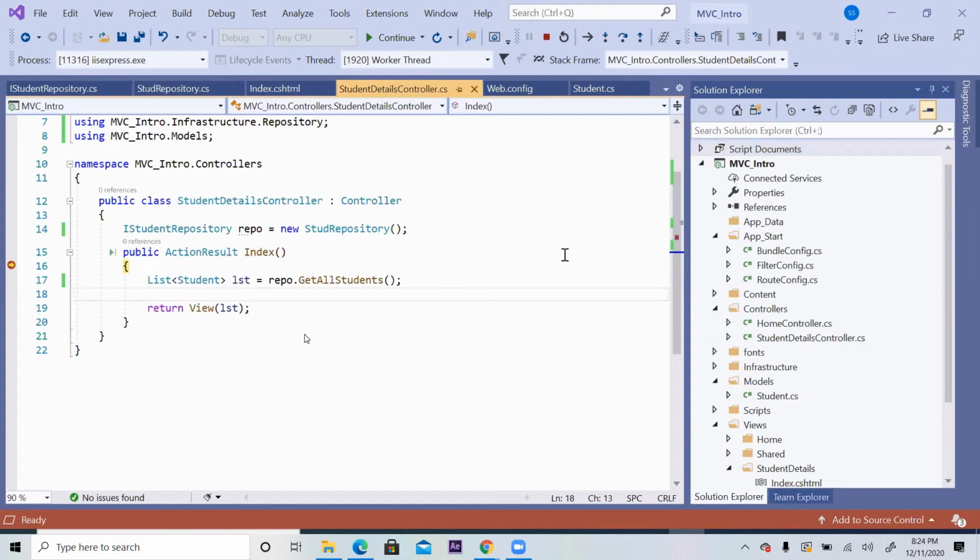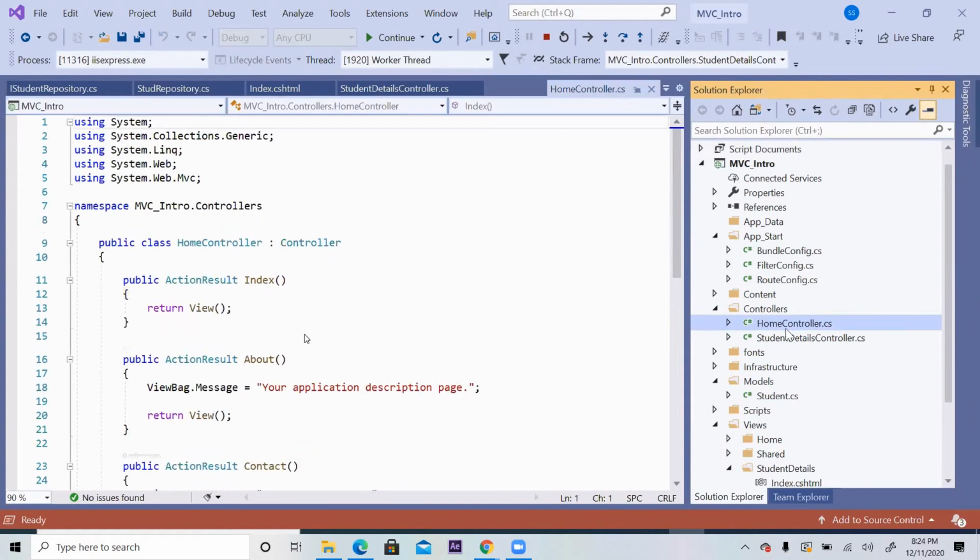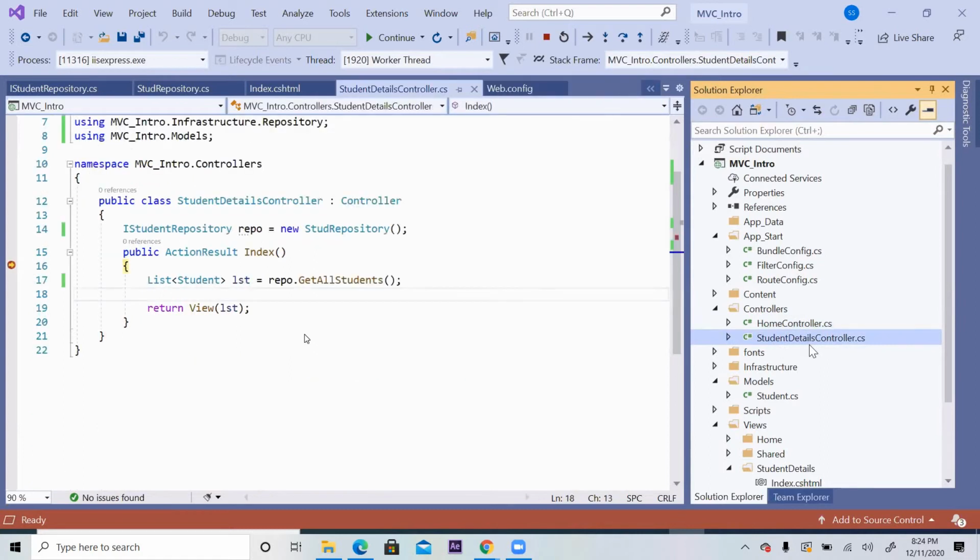The reason is I might be having so many controllers, right? Can you see one example controller? It has already given the Home controller, just like a hello world example. We created one controller. Who knows, tomorrow we will create one more controller, right? So if I have a number of controllers, then which controller it is to go and sit in matters.